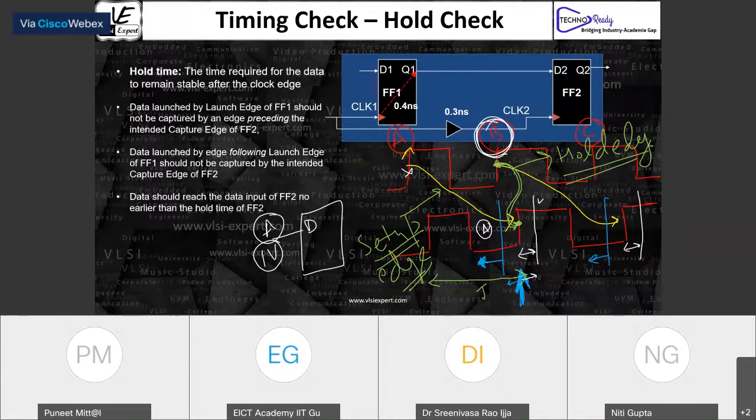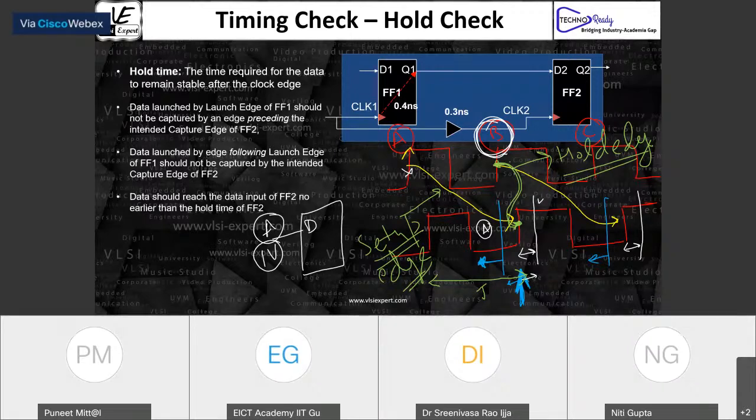Once timing has been set for one data, let's say data A, how can data B disturb it? Because every data will enter from FF1, right? Yes, you're right. Every data is going to enter from FF1, but the nature of the data can change. That means one data can be the rising data, another data can be the falling data.